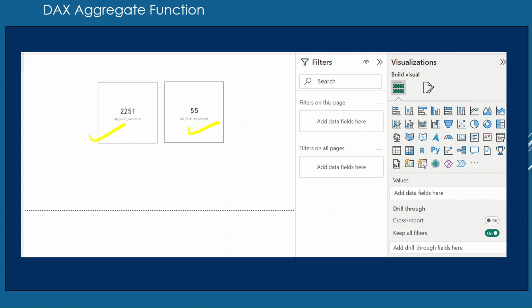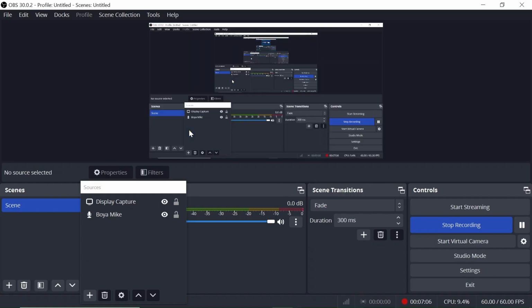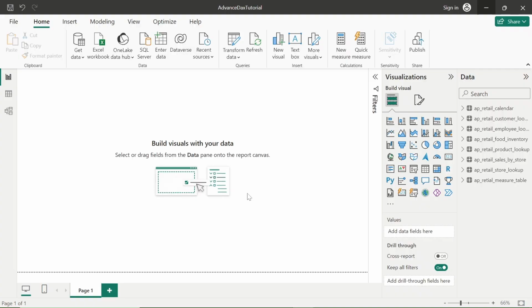So let's do this exercise in Power BI. Let me create a measure.